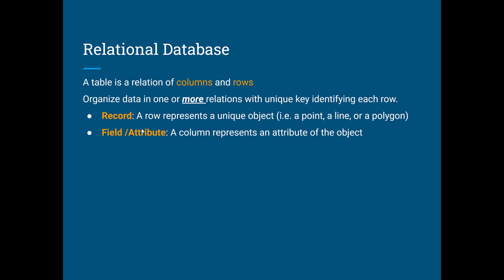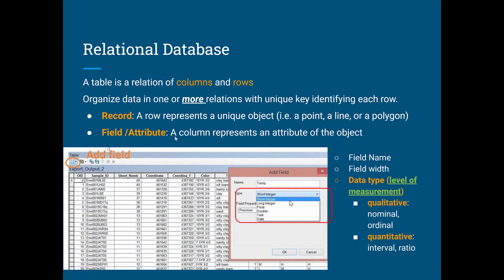each row. Each row we call a record. Each column we call a field, or attribute. But one thing you need to keep in mind is that you can add a field. For example, for each state, for each polygon, you want to add another thing. For example, in this case, it's a temperature,